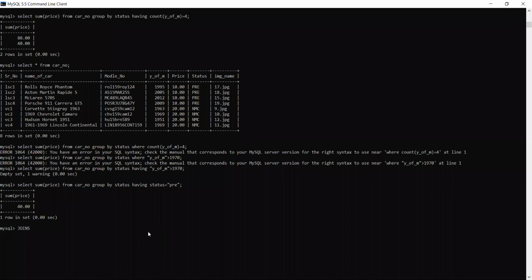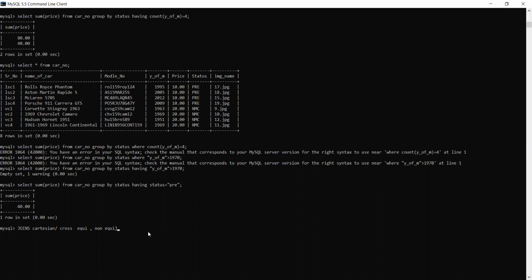In your syllabus, the very first thing is Cartesian join, another name of which is cross join. Then you have equijoin and non-equijoin. We have many other joins, but you have only these in your syllabus. So ultimately you have three types of join.